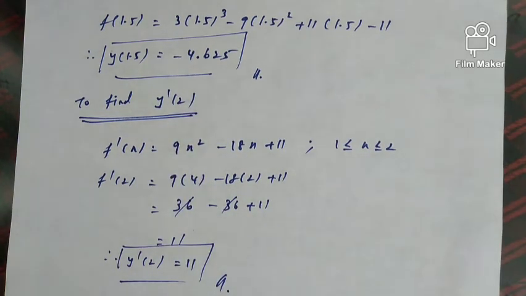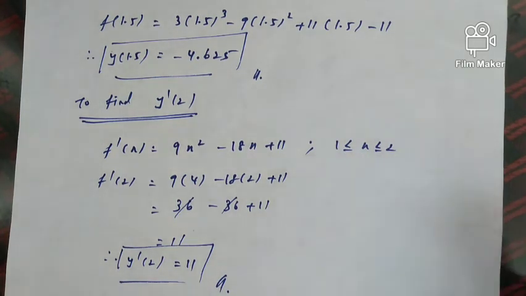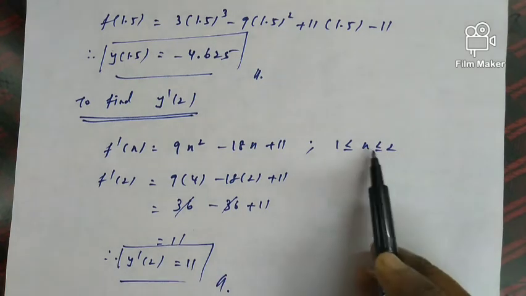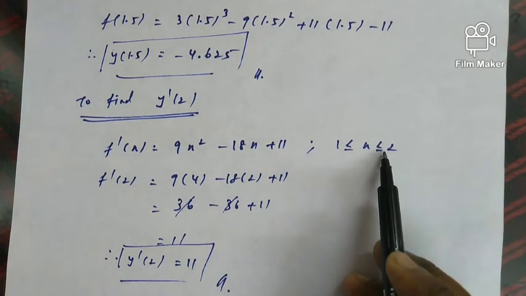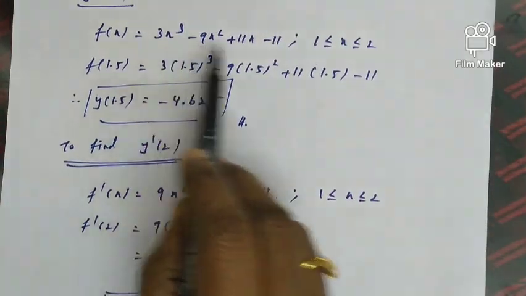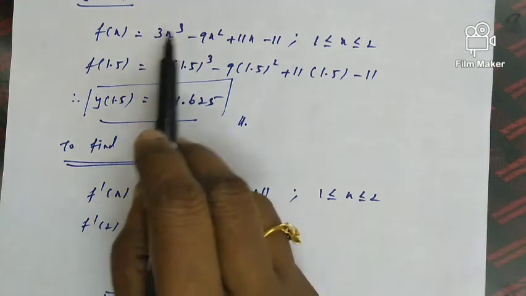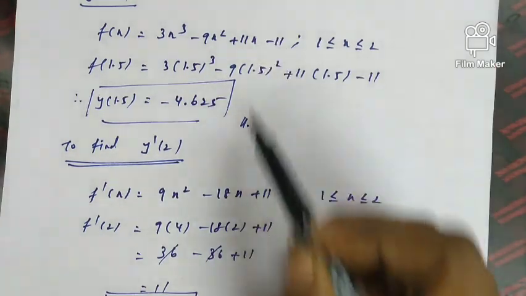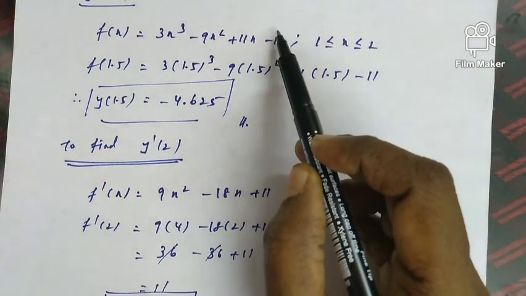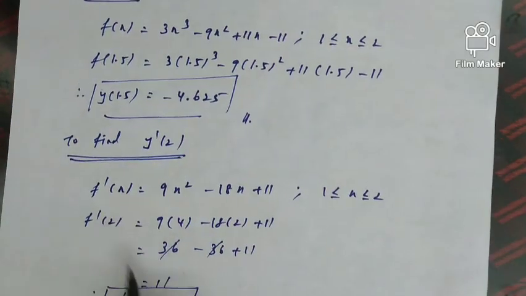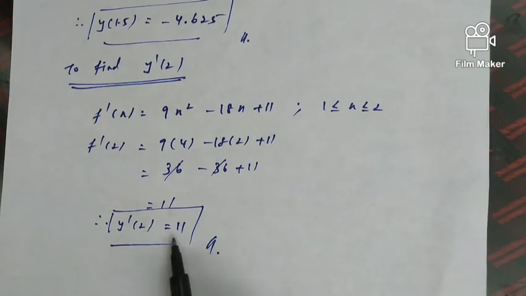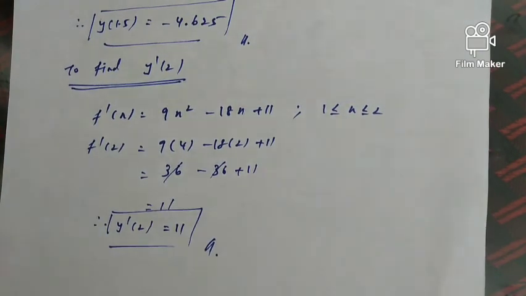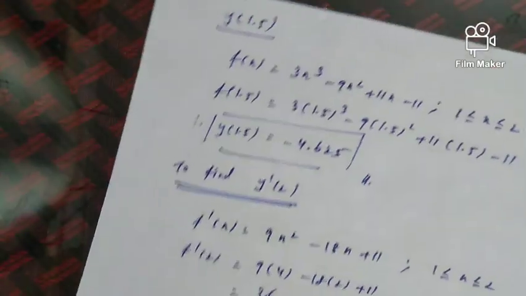And then we are going to find y dash of 2. How to find this y dash? y dash means f dash, where the value of x is 2. So you can take either the first interval or the second interval because in both intervals x takes the value 2. Here I have taken the first interval, so this is the first interval spline equation. We have to find f dash of this equation. Differentiating this equation, you get 9x square minus 18x plus 11. When you differentiate a constant, the value is 0. So put x is equal to 2, and you get the value of y dash of 2 is equal to